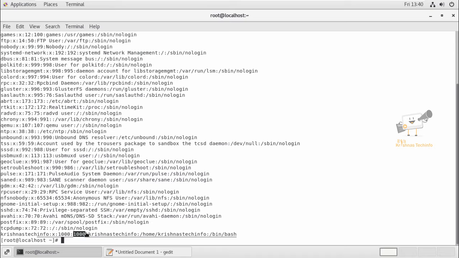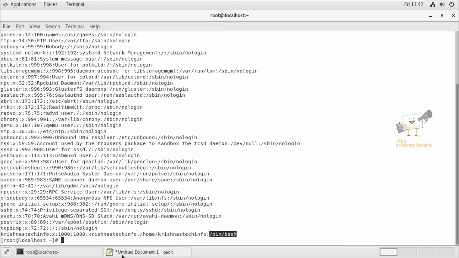And next is the group ID. This is the primary group ID for the user, which is stored in the /etc/group file. And next is the comment field. It is used to add additional information about the user, such as full name, phone number, etc. And next is the user's home directory, which will provide the path of the directory the user will be using. If the user does not have a home directory, then the user's directory becomes /. The last field is the shell, which indicates the user shell.